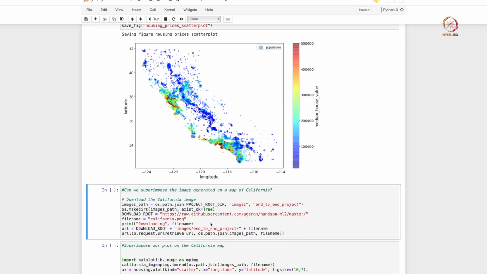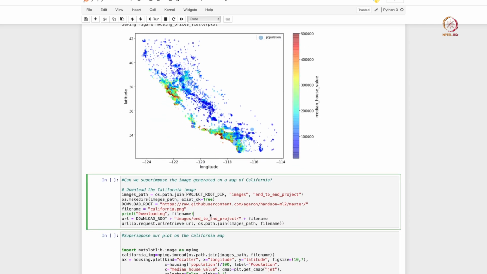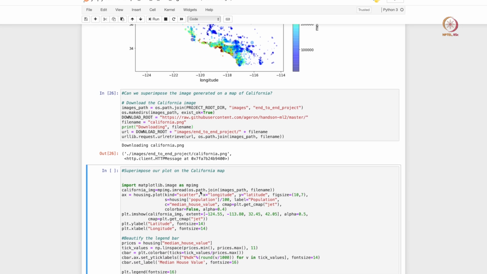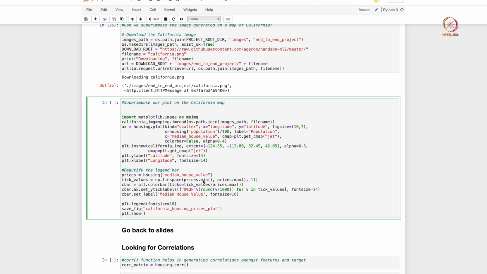We can make this even more attractive by superimposing this with the image of the California state itself. So I am going to download the image first. This code block downloads the image, and then I am going to superimpose the plot that I generated before on this image of the California state. This code block basically does that.